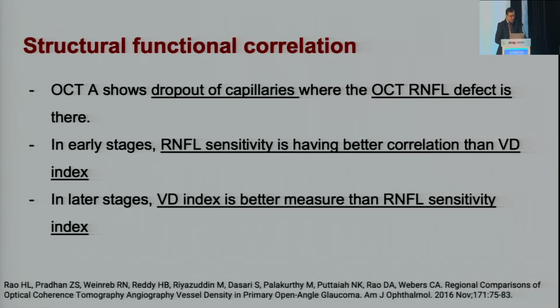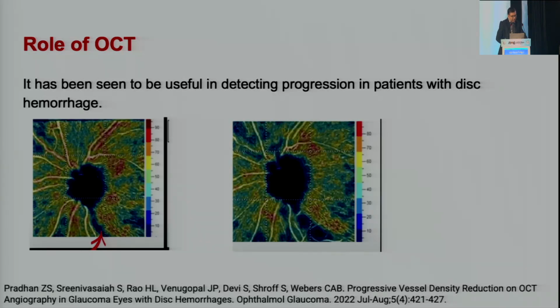With the various studies, we have seen that OCT angiography vessel density index is not necessarily lower in those patients where the OCT RNFL thinning is also there. But it is better in patients with advanced glaucoma, where the VD index would be better as compared to OCT RNFL, because we know the floor effect is there. It has also been seen in a few studies that where there is a disc hemorrhage, it can tell if there is a progression. There also, as you can see in this picture, there is a progression which is seen with the serial